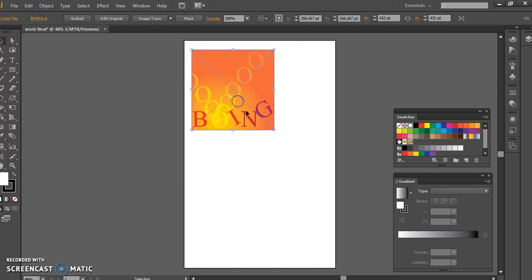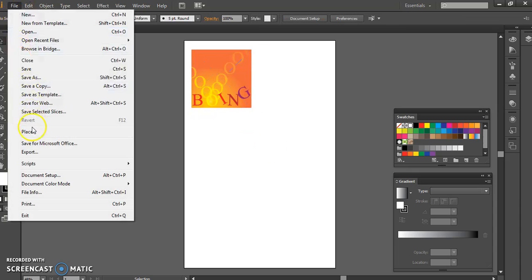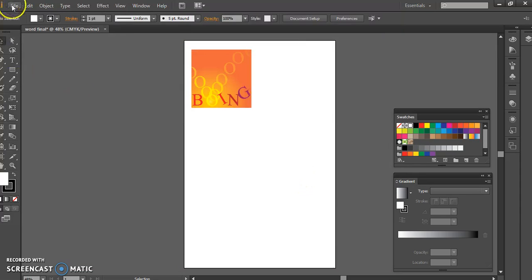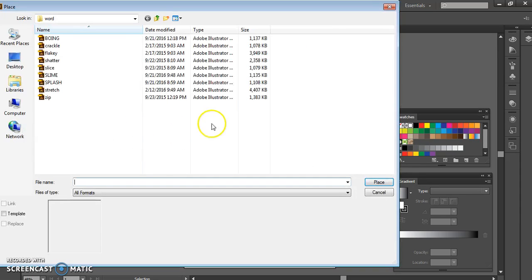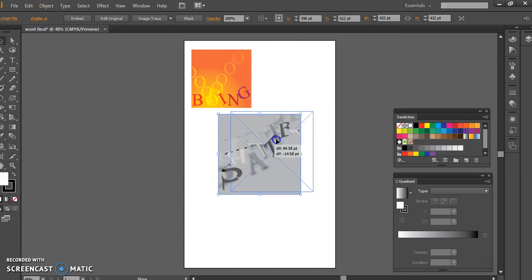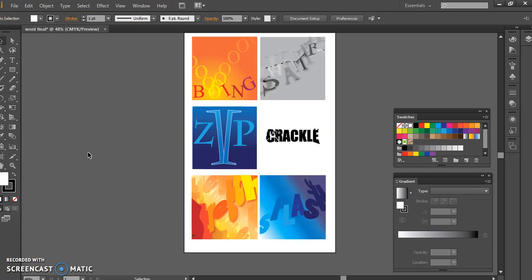You're going to need to fit 6 on a page, so do what you need to do to place these one by one, and size them as you want to size them. I'm going to pause a minute while I continue to place these. Okay, so all 6 of my files are in, and the only one I have a problem with is Crackle